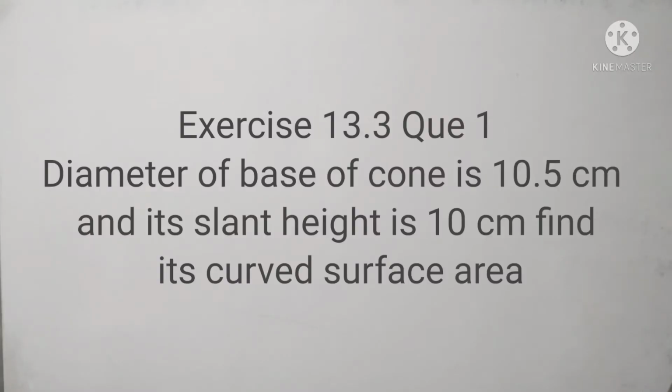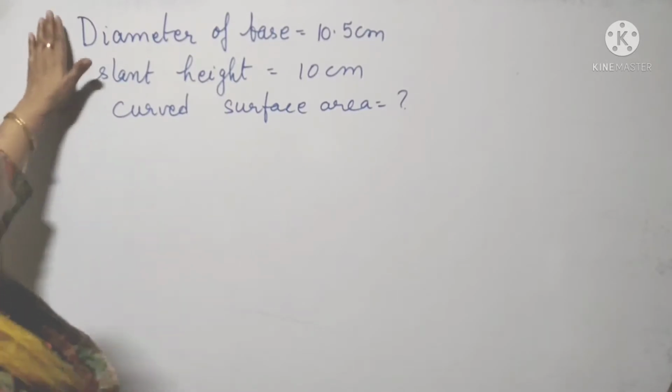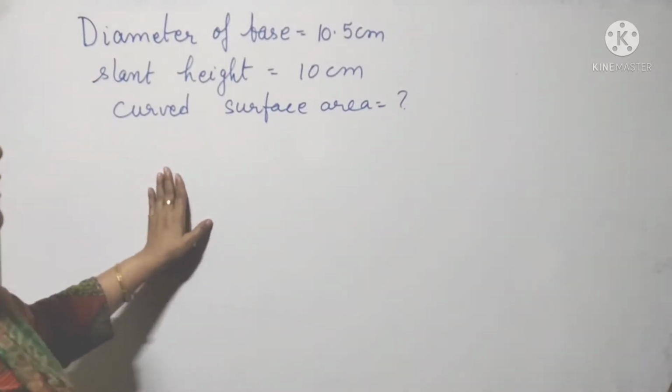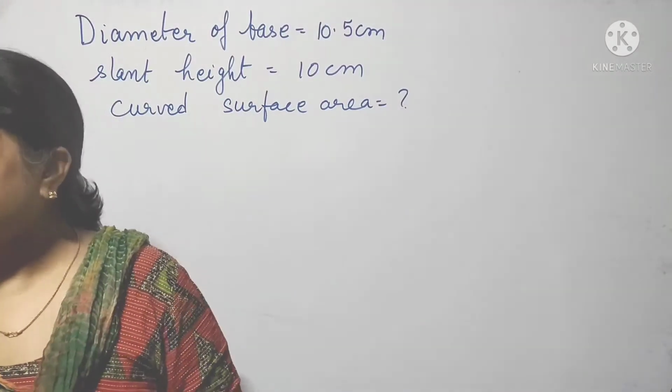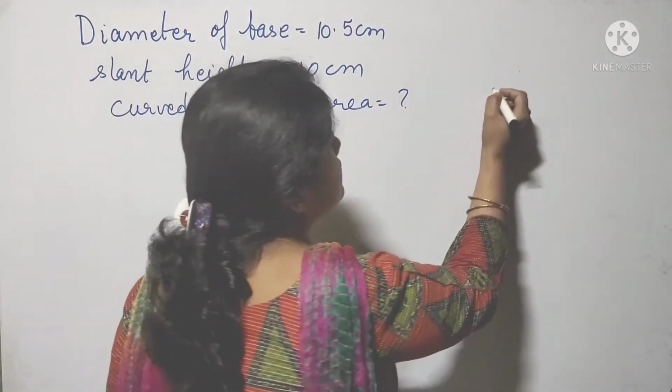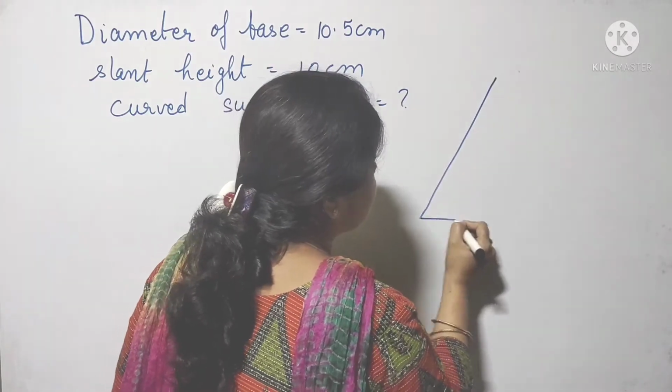and its slant height is 10 centimeter. Find its curved surface area. Now, this is the data which is given in our question. In exercise 13.3, the topic of the cone is explained. That means this is our cone,